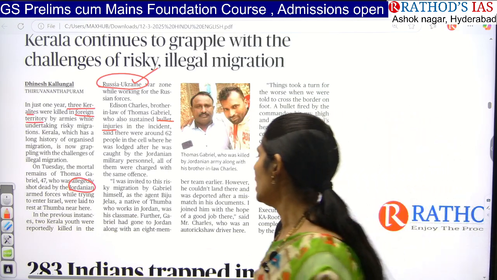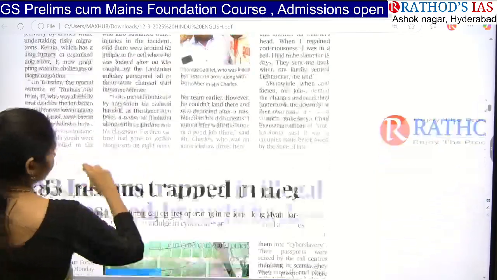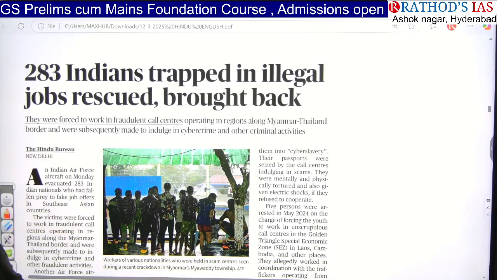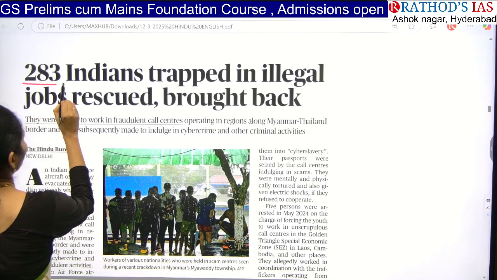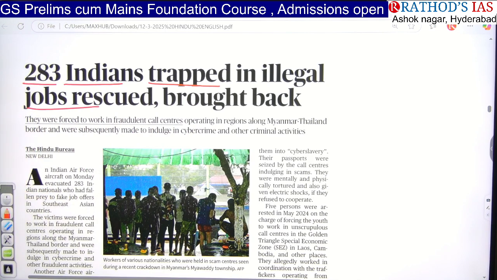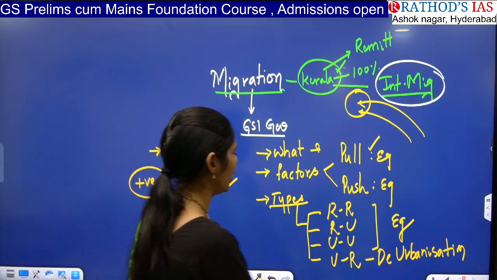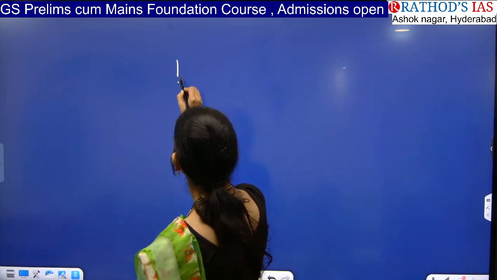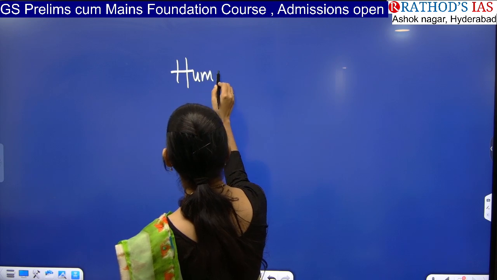Okay, and now let us see the next article. The title says, 283 Indians trapped in illegal jobs rescued, brought back. This article is talking about those trapped in illegal jobs who have been rescued. The keyword that you have to see is human trafficking. This article is talking about